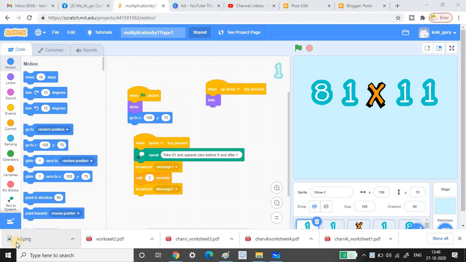And today I'm just going to tell you we can use Scratch for teaching also. For example, at Magic Coder I'm teaching Vedic math also, and there we are having a 100-day challenge for Vedic math techniques. The first Vedic math technique I have taught is multiplying any number by 11, and it has type 1 and type 2. I have taken type 1 and animated it using Scratch.